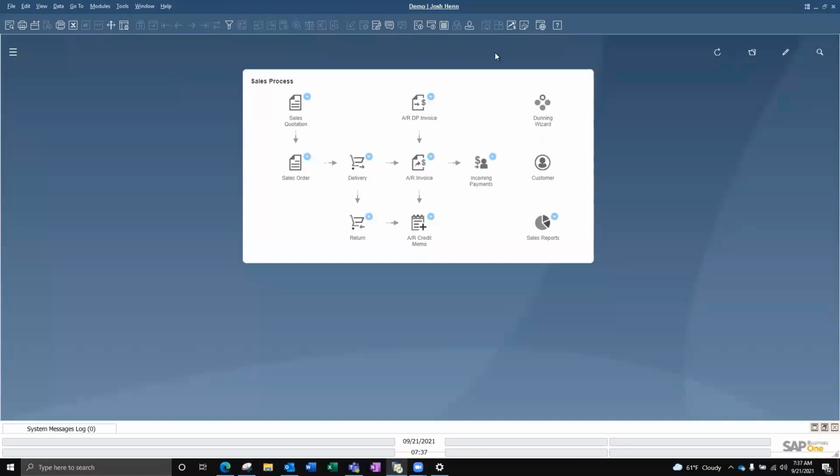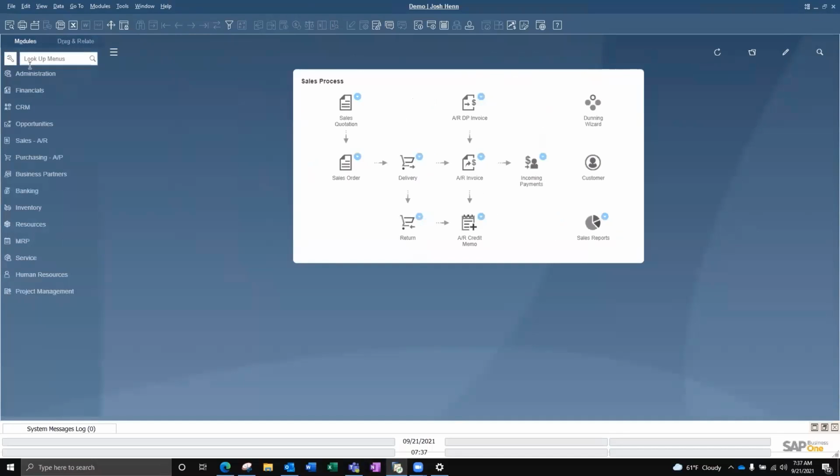The search bar might be the most utilized function in SAP Business One. To access it, like we discussed earlier, we can use the hamburger icon in the top left. Here, certain modules are displayed depending on your form settings for the search bar. We can customize these form settings by using the gear icon in the top left.